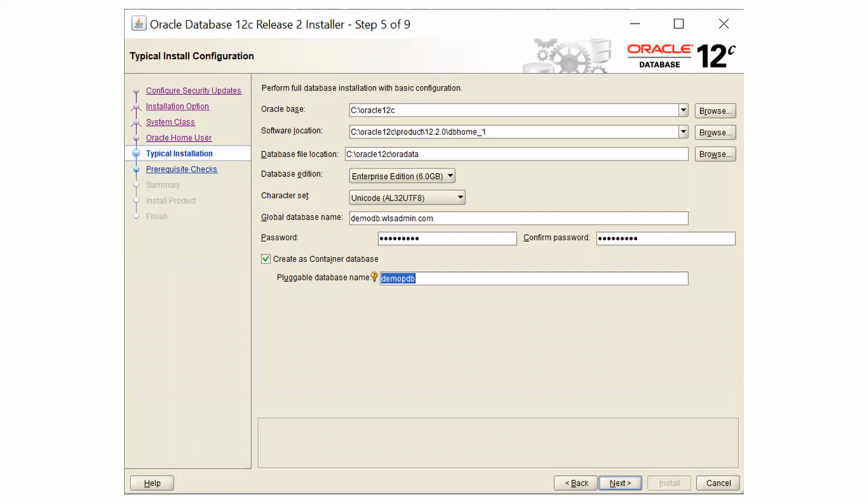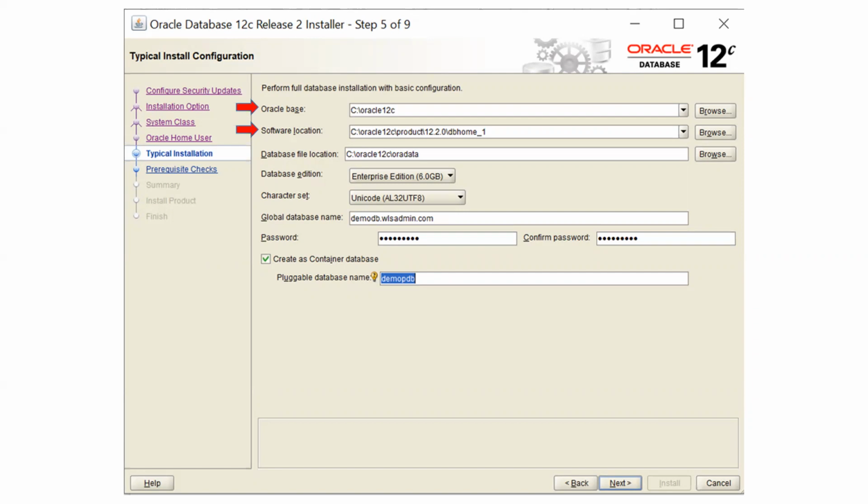And this is the important screen, because it will ask you for some important parameters related to your database. The first one is your Oracle base, which is the initial installation directory, the base directory for Oracle. The second is your software location. Inside your base location, what would be the location of your database home? In this case the Oracle base is C:\Oracle\12c, and the software location is inside C:\Oracle\12c